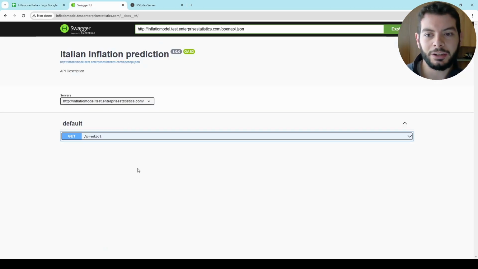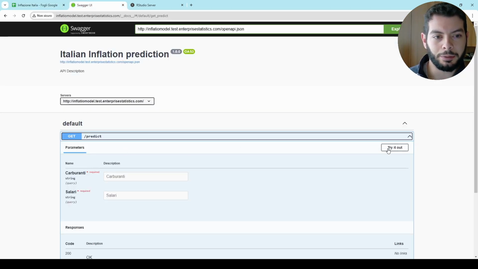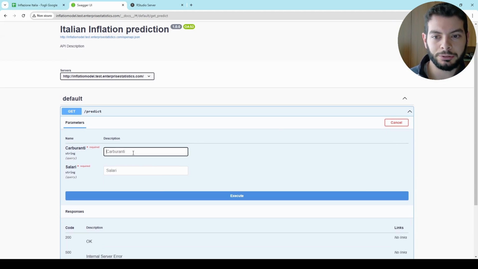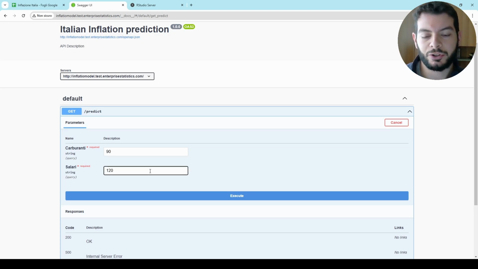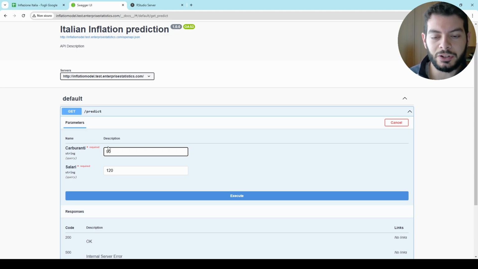If we go inside here and we click predict, we can try it out, and I will put 90 for fuels and this one for salaries. And let's say that if you have this value, you could expect a higher inflation, and if you have this value, you could expect less inflation.